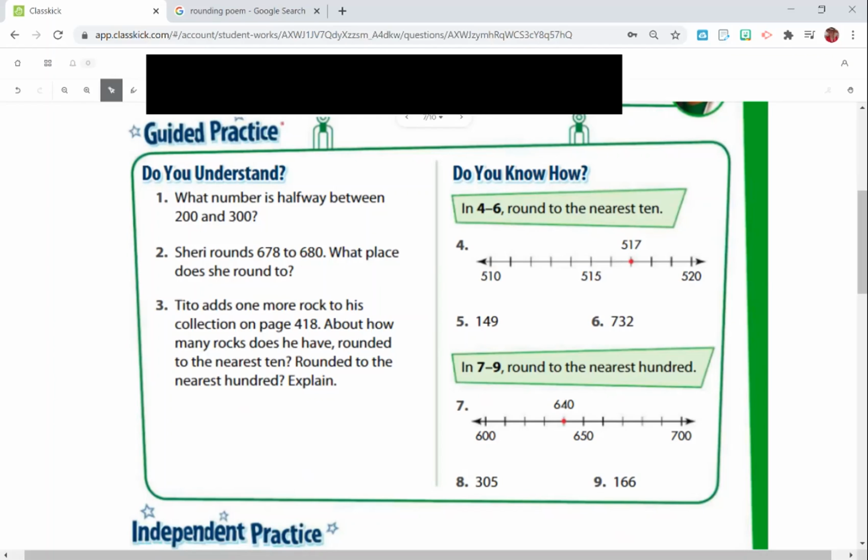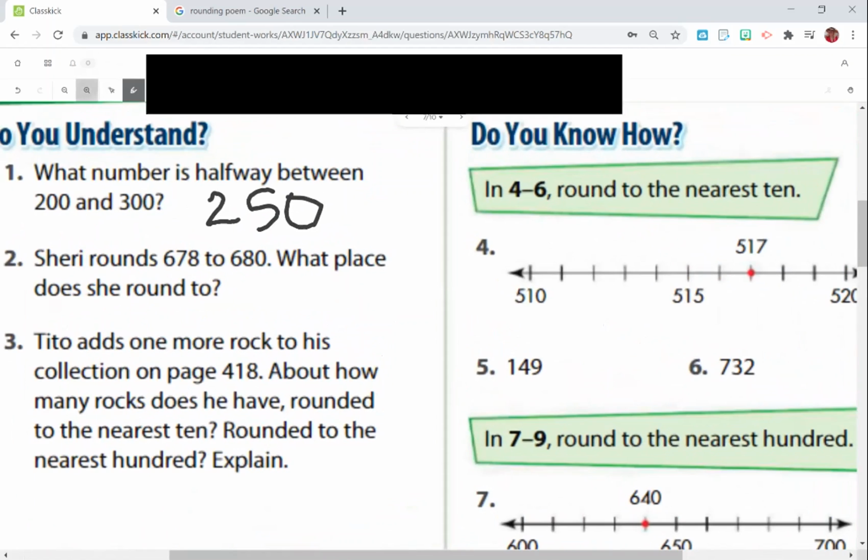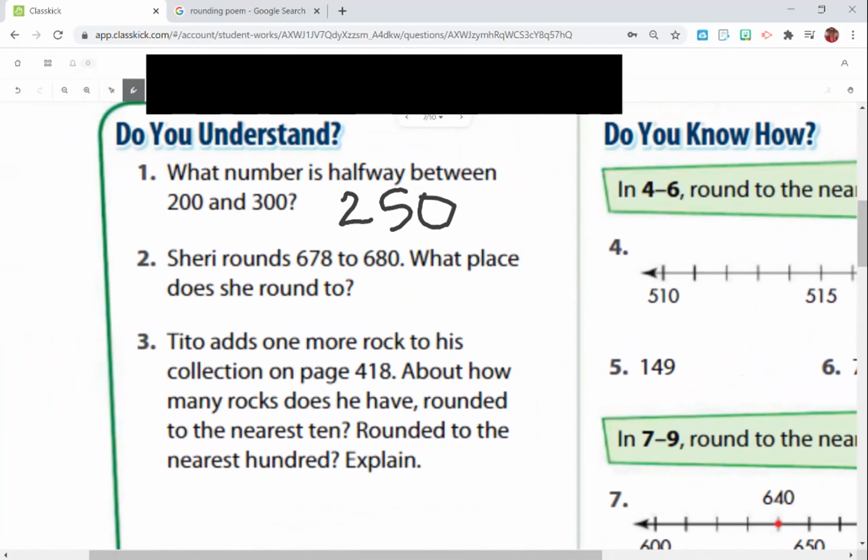What number is halfway between 200 and 300? 250. Number 2. Sherry rounds 678 to 680. What place does she round to? What place did she change? She rounded to the nearest 10. She found the place and looked next door. It was above 5, so she added 1 more to get